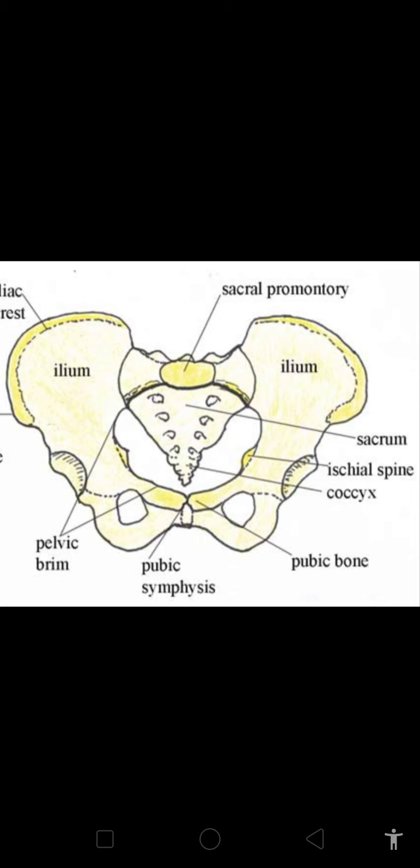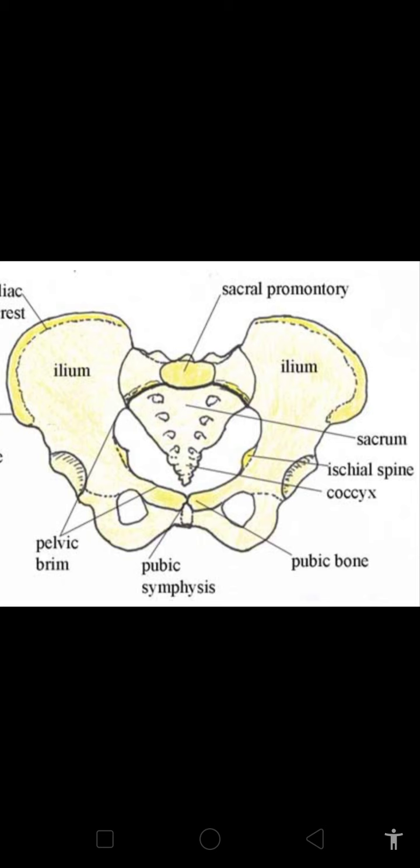It is also almost round in shape. The anterior border is made up of the symphysis pubis, the posterior border is made up of the sacrum, mainly the sacral hollow, and the lateral border is mainly made up of soft tissues. So the pelvic cavity has the brim above and the outlet below, and it is almost round in shape.